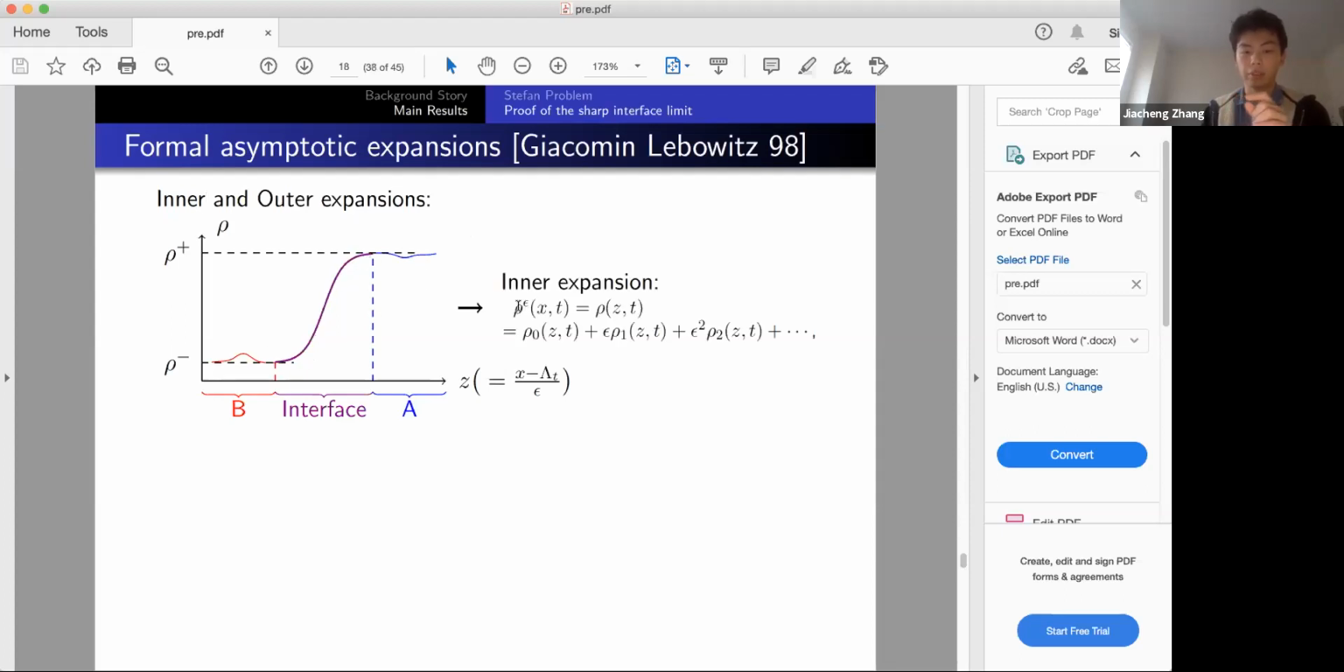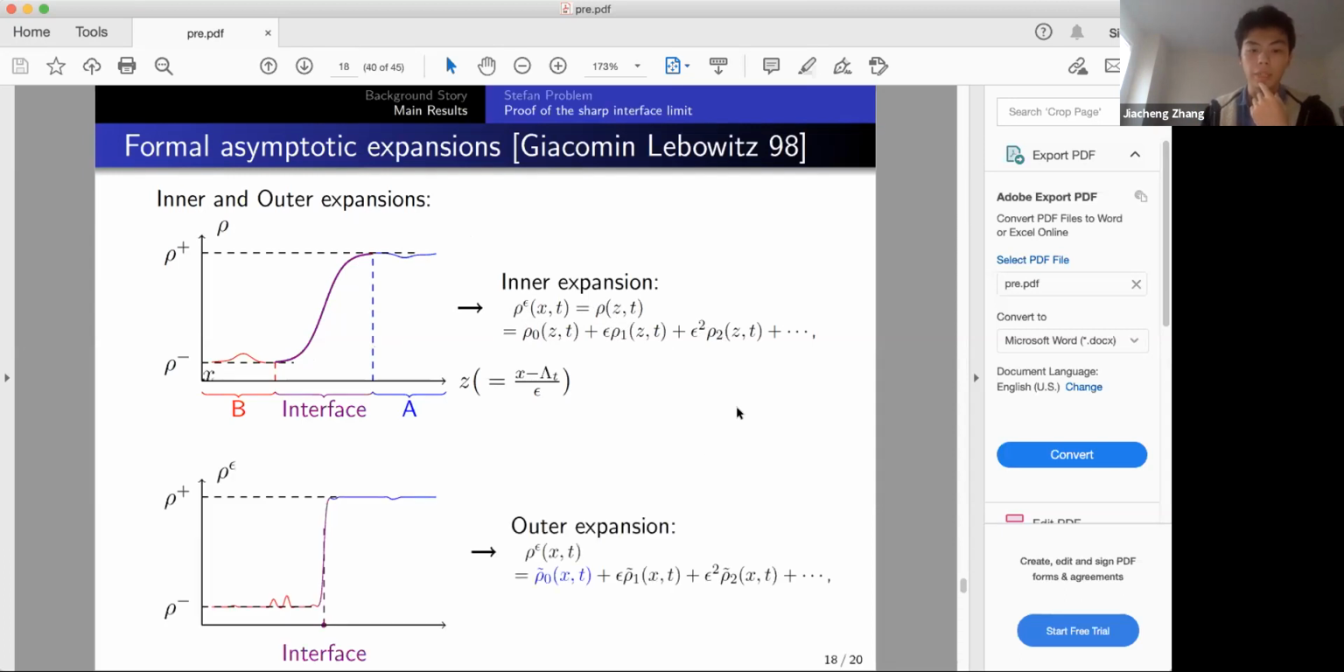For this inner expansion, we consider a Taylor expansion for rho 0 plus epsilon rho 1(z) plus epsilon squared rho 2(z,t). But here this z is no longer the zoomed-out x, it's just a zoomed-in z, in the sense that it has a change of variable of order epsilon to the -1. And also we have an outer expansion,